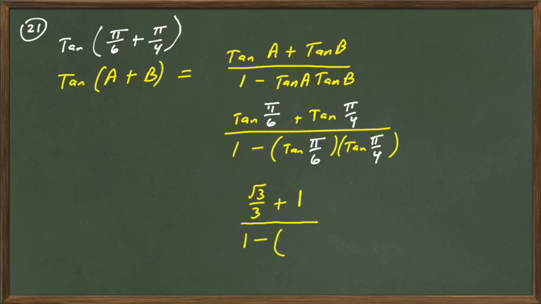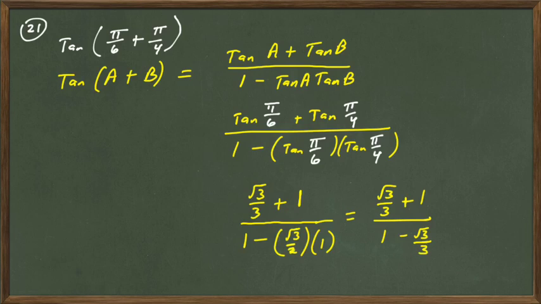1 minus, what's the tangent of pi over 6 again? Radical 3 over 3 times the tangent of pi over 4, which is 1. So what does this become? Radical 3 over 3 plus 1, all divided by 1 minus radical 3 over, this should be over 3, shouldn't it? Now, I will never accept a fraction within a fraction, so you have to learn how to deal with those. What's the opposite of dividing by 3? Multiplying by 3, but that would change the value, so I'm going to multiply by a fancy form of 1